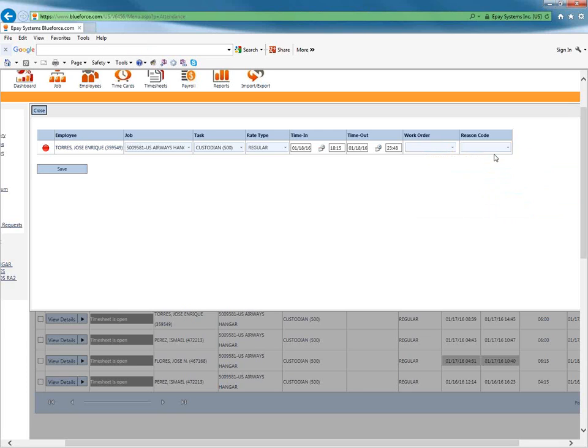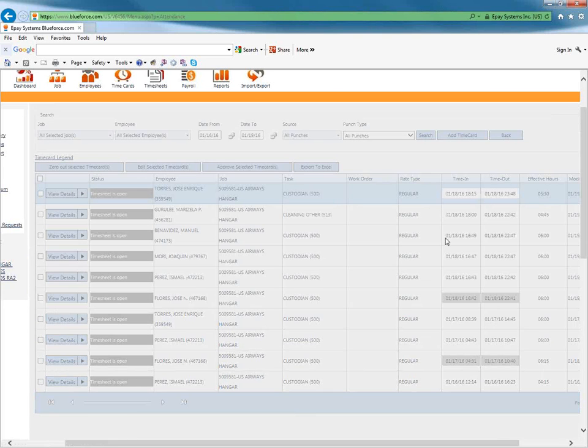In this case, I'm not going to make a change because this is actually a valid punch, but that is still letting you know that any time I see a red dot, I put my arrow right on top of that little circle, and it's going to tell me reason code is required. It's going to tell me another message. Whatever that message is, do what it says, and come back and save again, and I guarantee you that circle will turn to green. Once it's green, then you can obviously close out of here, and then this particular window